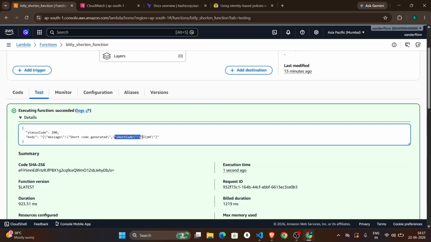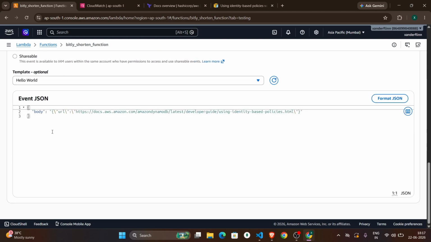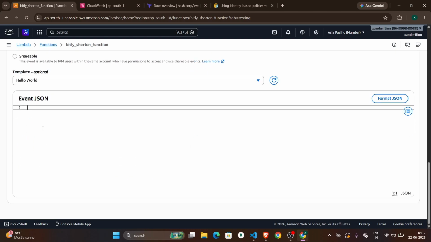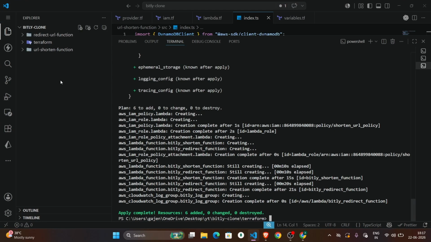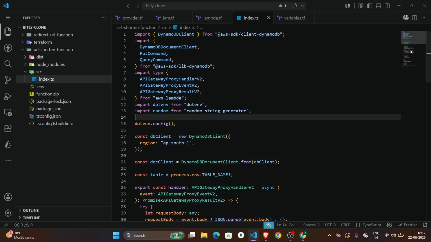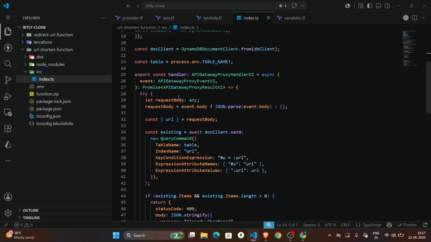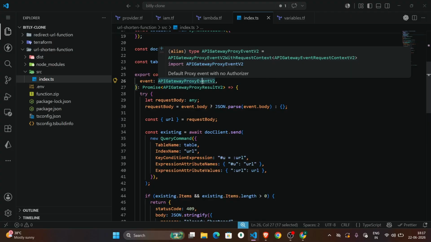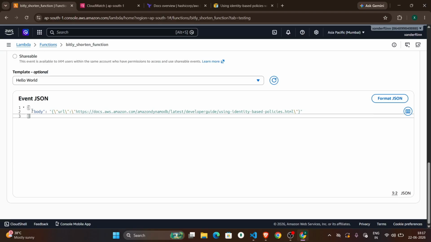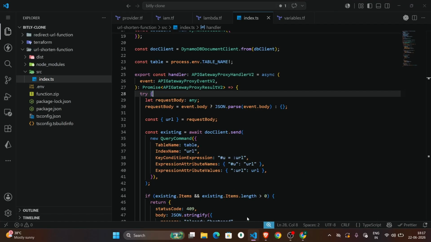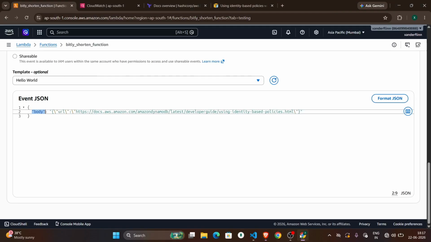As you can see, our short code is generated successfully, and if you see the JSON, I have changed it because in the code I have written the API gateway type. So this event is the API gateway proxy event. You have to give the type like that, in which we are getting the URL from the request body, event.body. So in the body we have written like this,